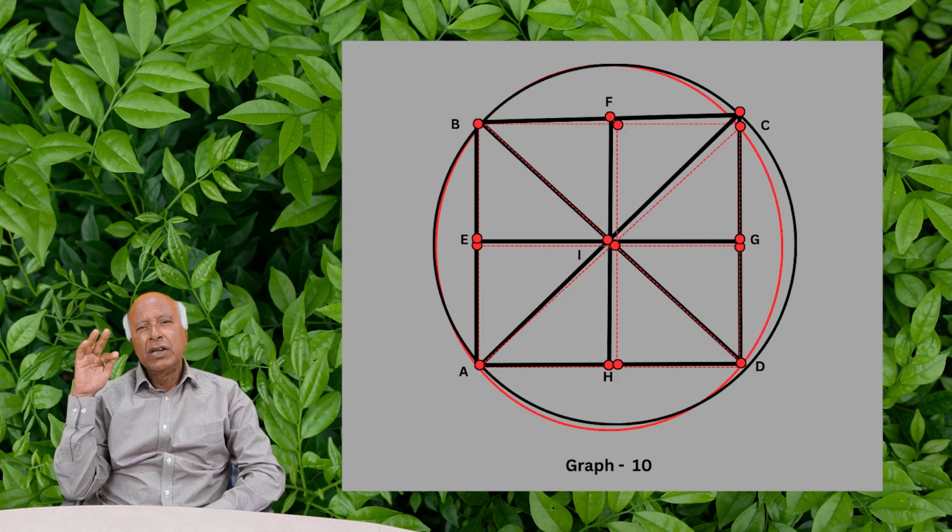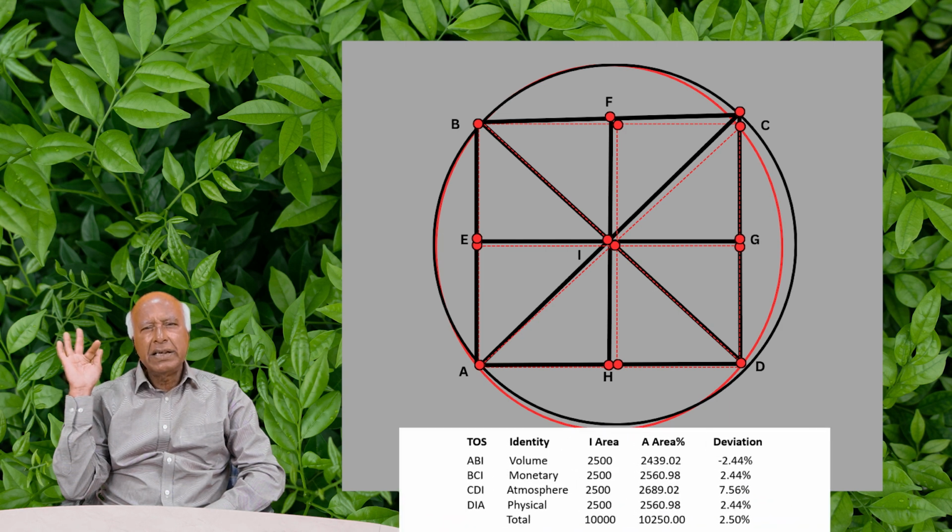Earlier we had only two vertical and horizontal divisions. Therefore, the area was divided by 2, and we got the value of 5,000. But now, since we are talking about four triangles of stability, 10,000 has to be divided by 4. So the value we get is 2,500. Any deviation we will calculate in comparison to the ideal triangle equivalent to the value of